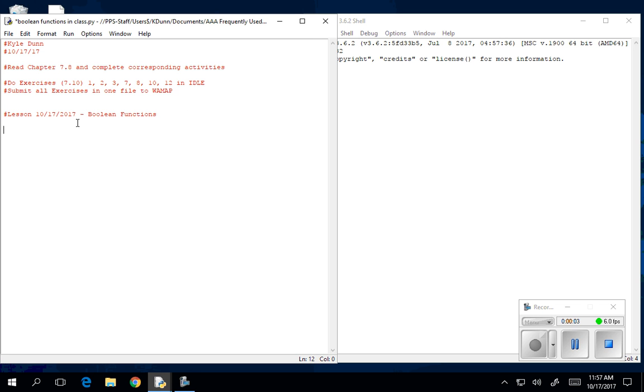All right, guys, what we're going to do is some Boolean functions. We're going to make some really simple ones. So we're going to start with part one, and we are going to call this a simple Boolean function. Okay, so what we're going to do now, guys, we're going to write some functions that we can call upon